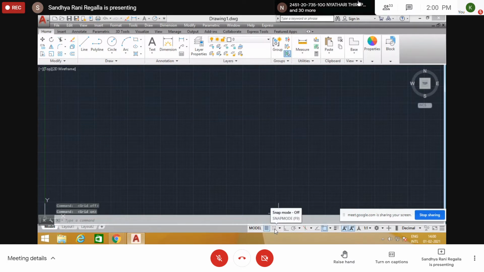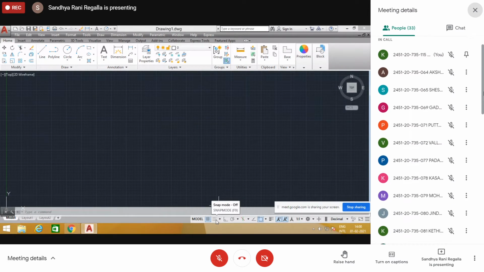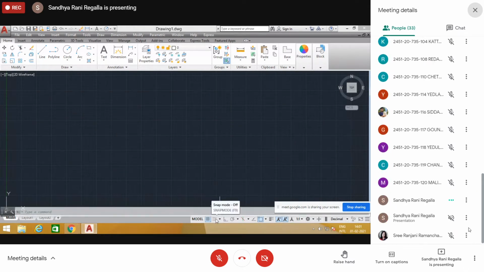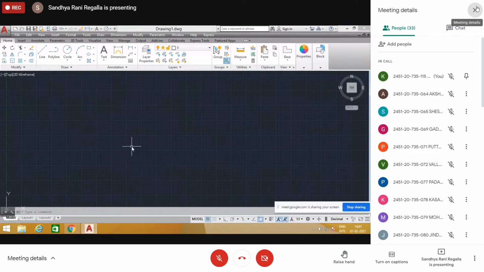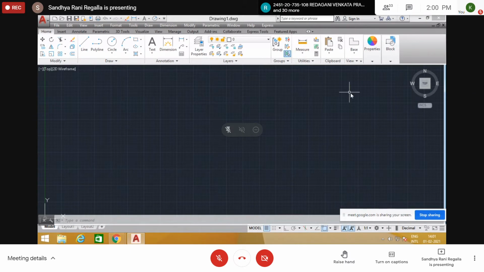And this next one is snap mode. Now this snap mode is off. Suppose if you turn on this snap mode, what happens? This gives a restriction over the cursor. Now see, this is the cursor, this plus mark on the screen. This cursor can move anywhere on the screen, on the grid here. And if you turn on this snap mode, it will give some restriction to the movement of this cursor. See here, if you go to snap settings,